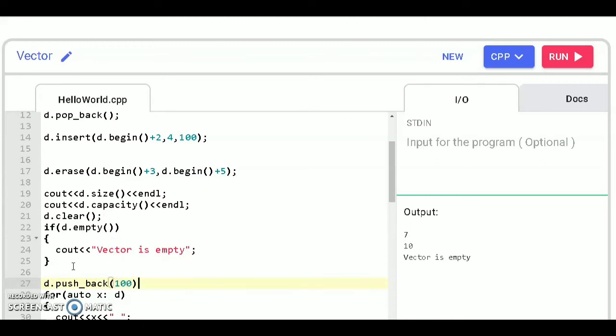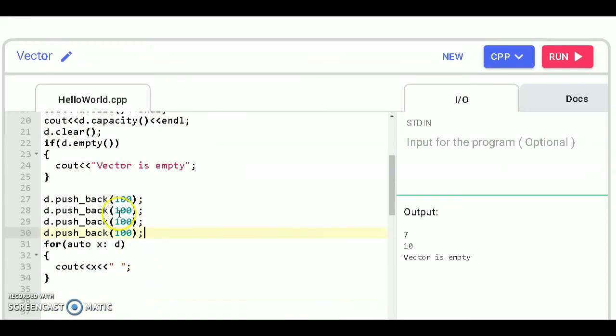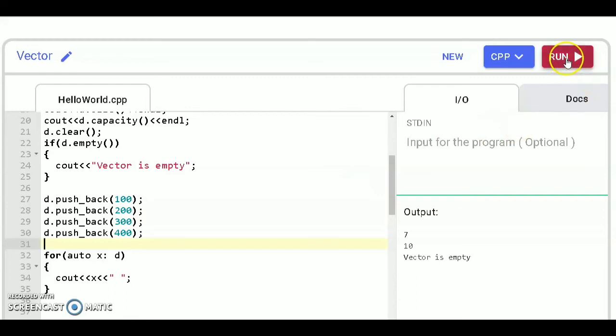Insert 100, just copy and paste the code, 200, 300, 400. In this way 100, 200, 300 and 400 are inserted.